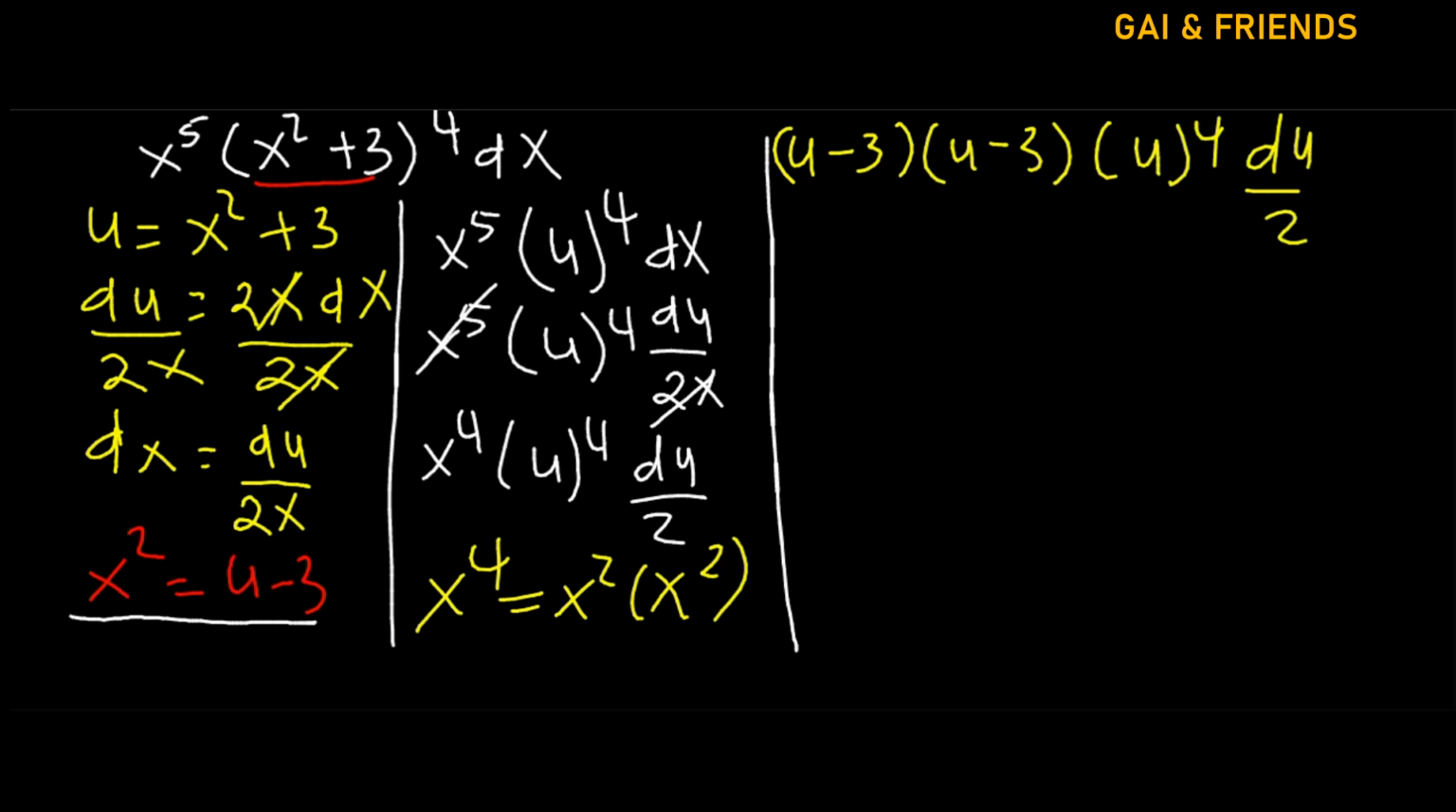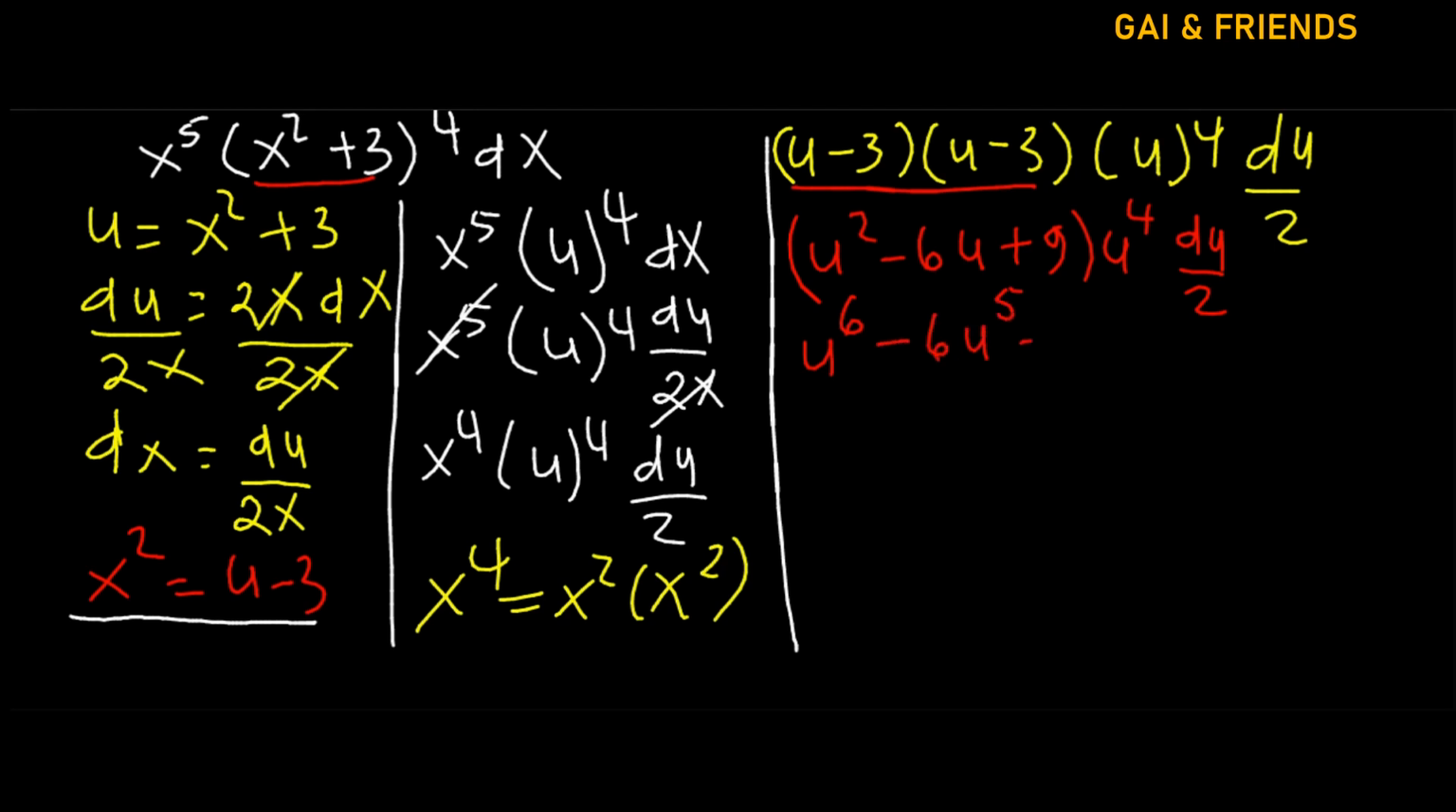What you need to do is to open the brackets. So when you open these two brackets, you're going to get u squared minus 6u plus 9. And then you have u raised to the power 4 outside, du out of 2. Now the next thing to do is to put this u raised to the power 4 inside. And when you multiply u raised to the power 4 and u squared, you are going to get u raised to the power 6, because when you multiply, you add the powers. Minus 6u raised to the power 5 plus 9u raised to the power 4